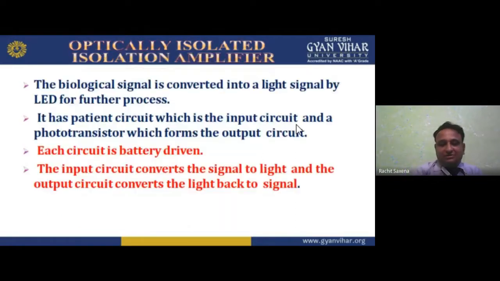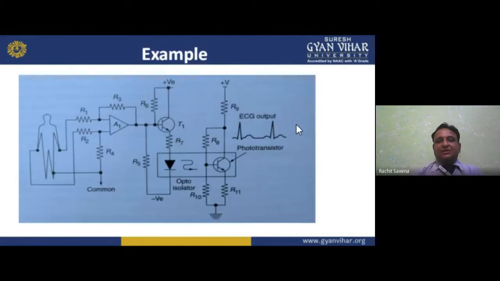What is it? Okay, this is the same. Now it's simple. In the ECG output, we find the waves in the form of, just like your CRO output, like a cathode ray oscilloscope shows you the waveform. That is the full form, cathode ray oscilloscope. So the waveform will be found on the monitor of the CRO. So I hope you understand this. Now this is the ECG output in the phototransistor.